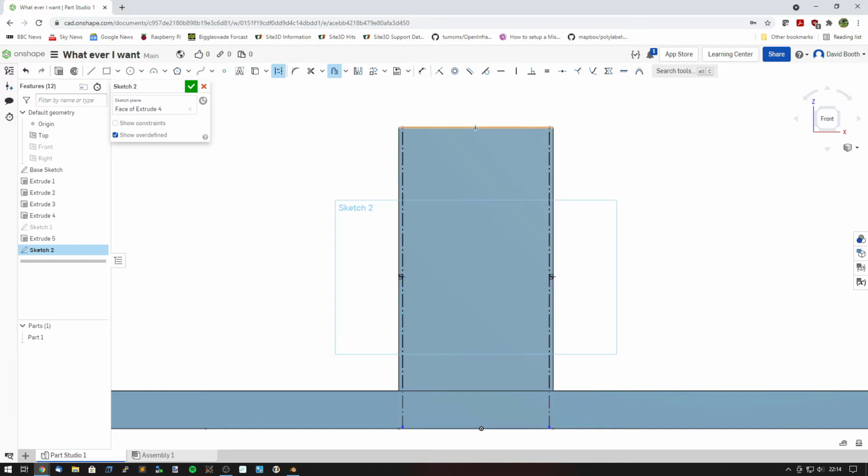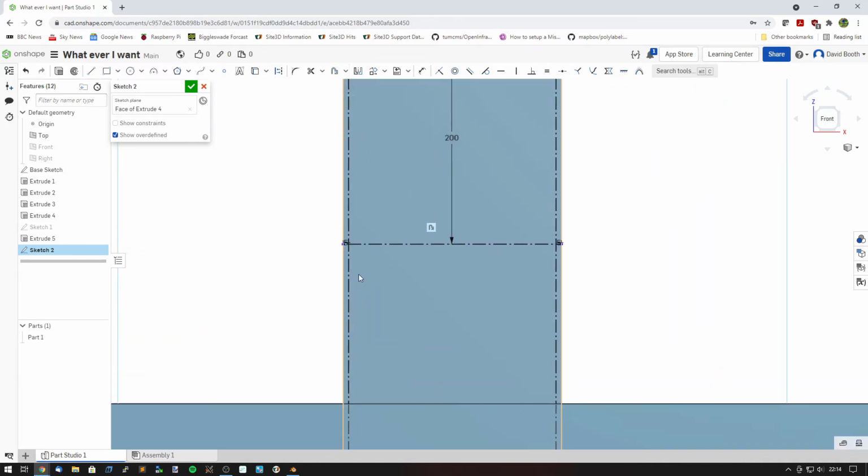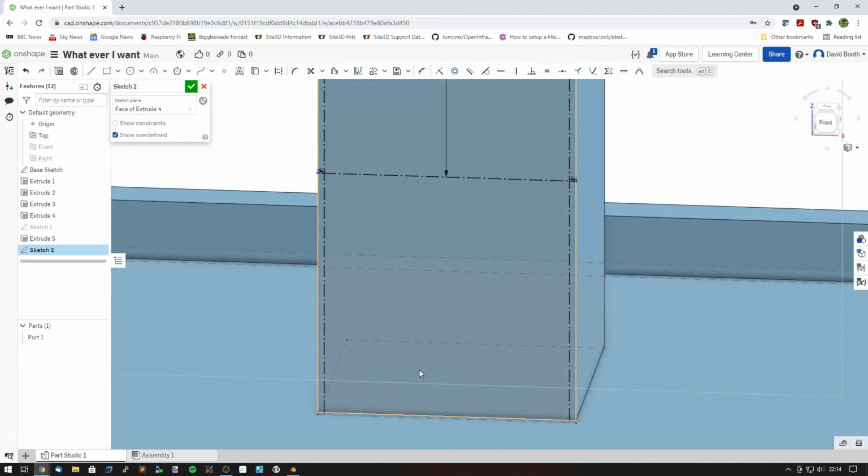So let's do that one as well. So click here, down, 200mm, and there we go. So that is where we want it to be. And now, undo that one, that's all fine. I want to make this part of it, I want to make that part of it